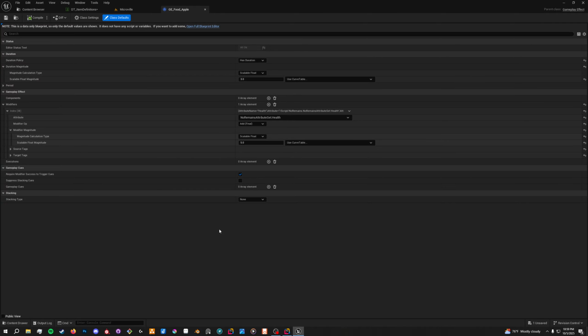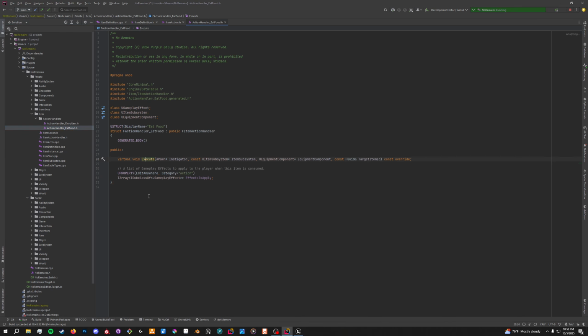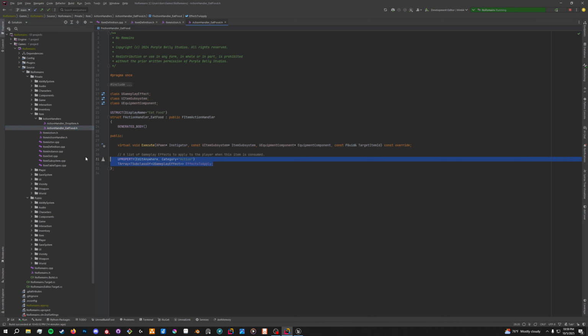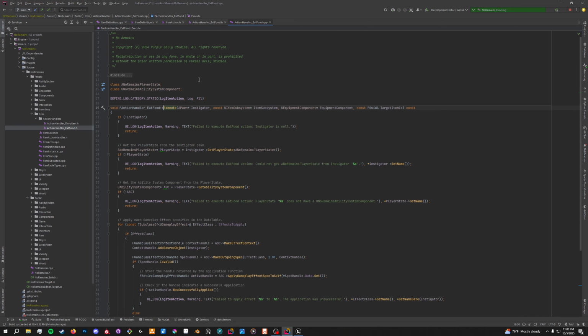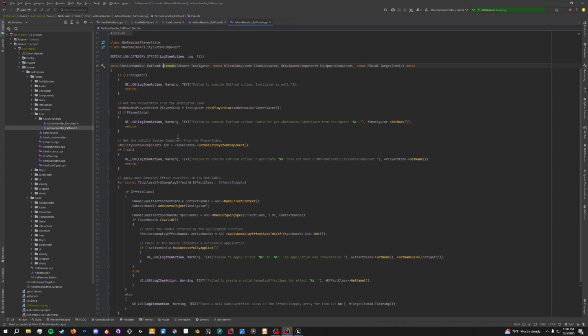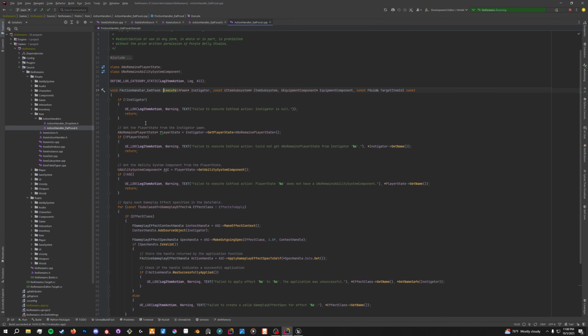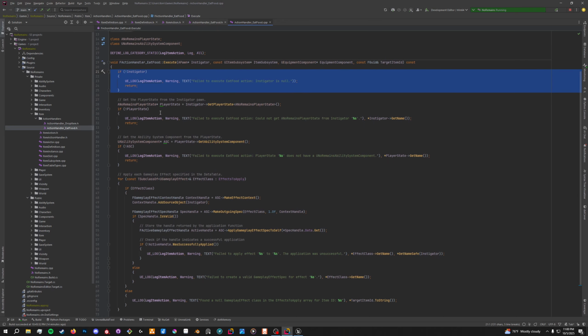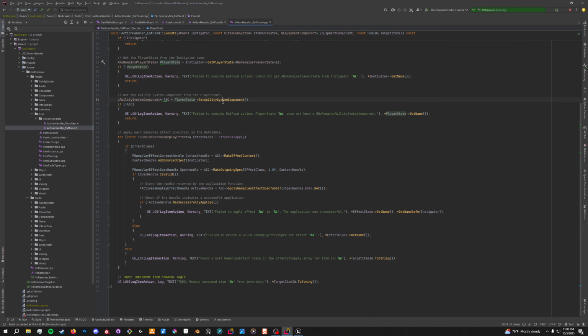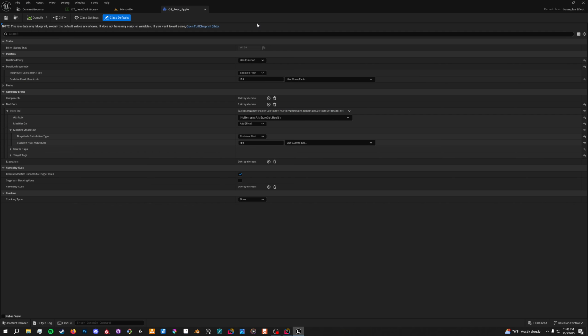And so this is entirely up to the designers, which is great because the class itself, which I'll show here, has just an array called effects to apply. And then when we go into the CPP class, you can see that what we're doing was just getting the instigator. We're going to get the player state, to get the ability component, and then we're going to apply that component here. And this is just a very basic eat food, but the designers can go into here, and since it's all data driven, it doesn't have to be